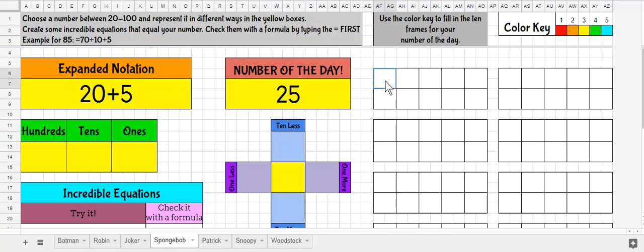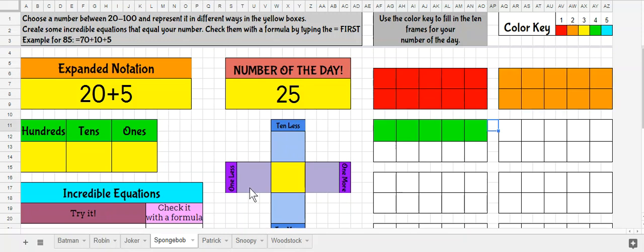Or if they want to go see the visual first, they can come over here to the 10 frames and they can type in single digit numbers to fill in 25. So I'm going to do that real quick. And voila. So then over here they have a clear visual that there are two 10s and there are 5